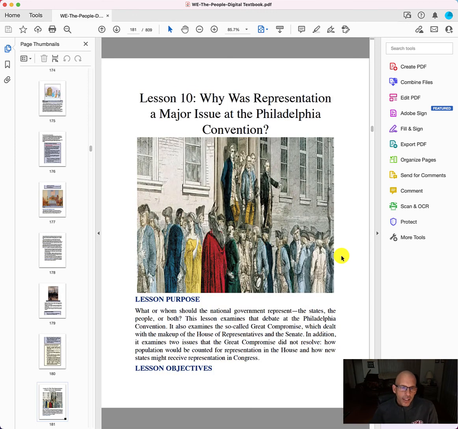So lesson 9 is shorter. It's probably worth going back through and looking at some of the elements of the proposed new Constitution, especially in looking at setting up a class government so that we can deal with some of our issues emanating from Shays' rebellion. And I will do another one of these next week for lesson 10.